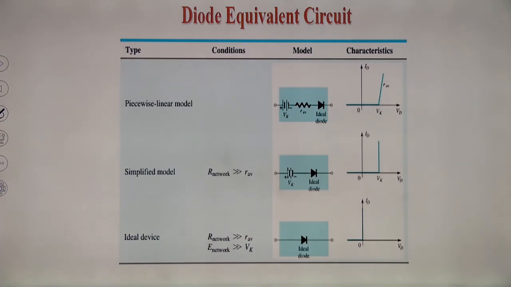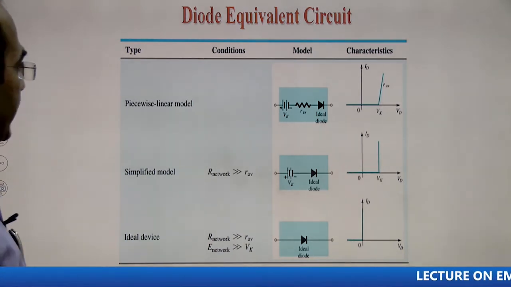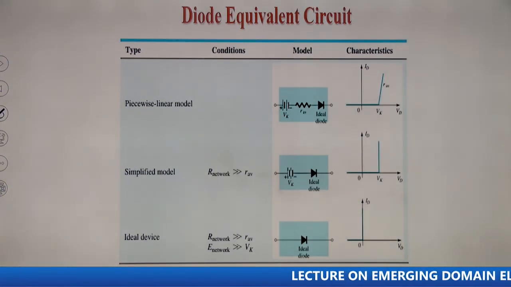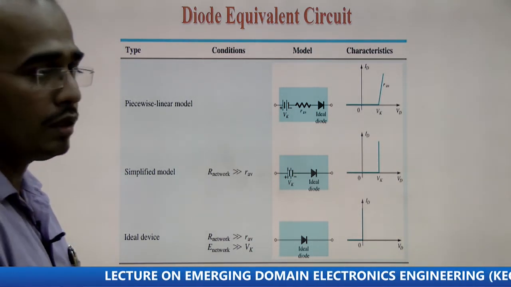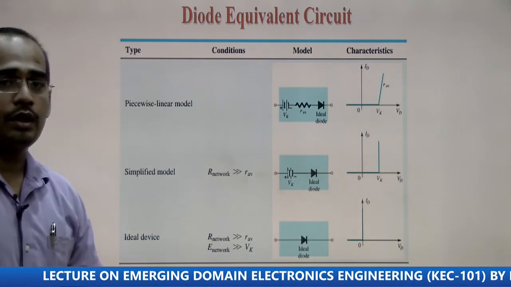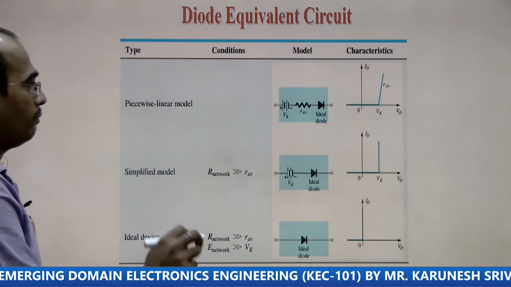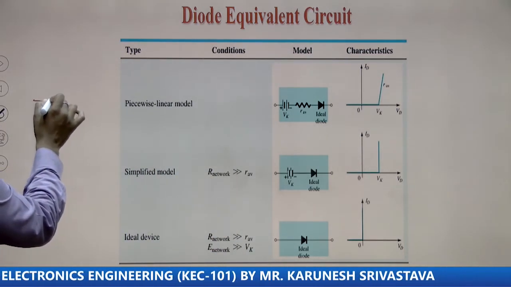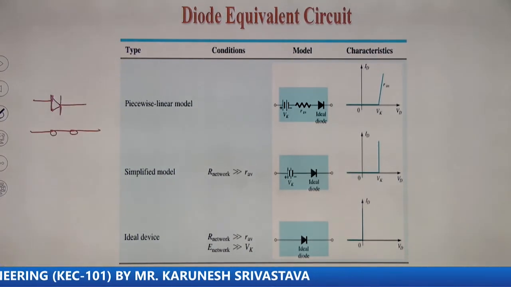This is the diode equivalent circuit. How can we draw the VI characteristic for different equivalent circuits of a diode? There are 3 models used for drawing the equivalent circuit as well as the VI characteristic of the p-n junction diode. For drawing the VI characteristic or for solving numerical problems, we know that when the diode is forward biased, it behaves as a short circuit.